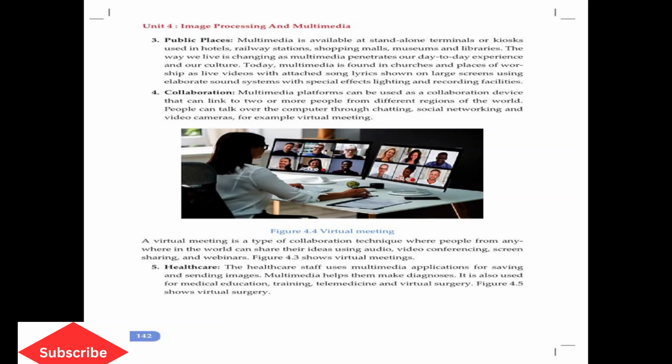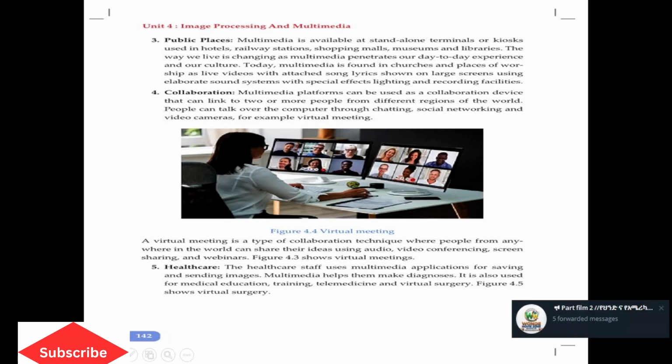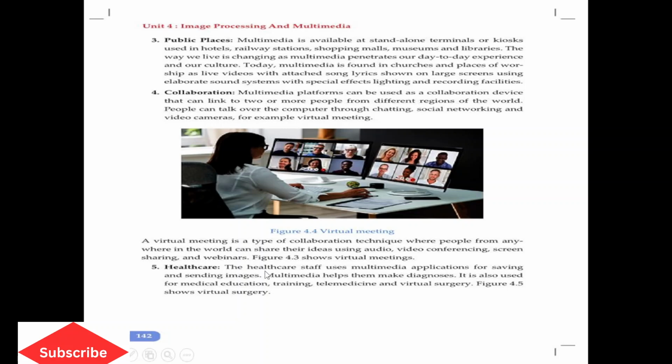The other sector where we use multimedia files is healthcare. We also use computerized working systems in healthcare. The healthcare staff uses multimedia applications for saving and sending images.